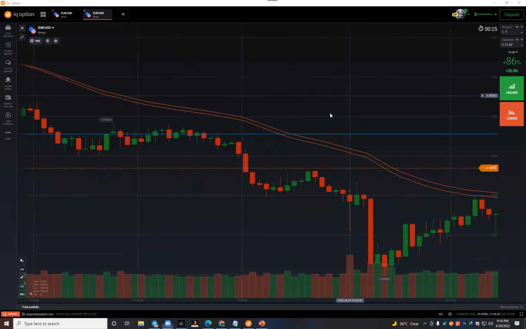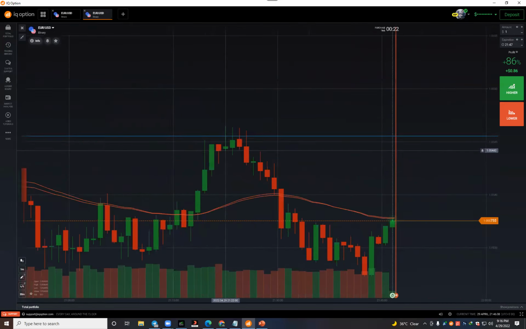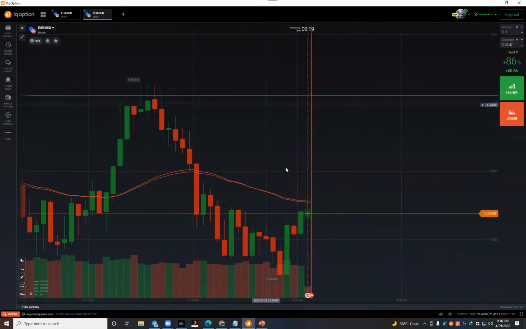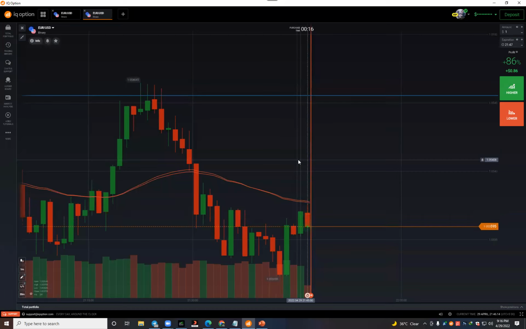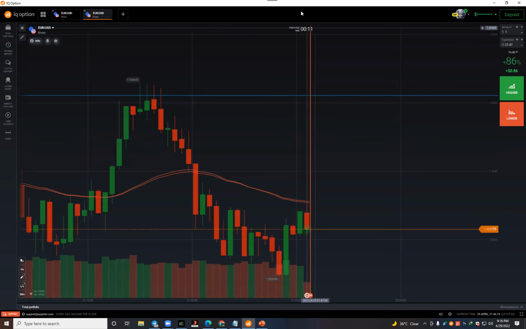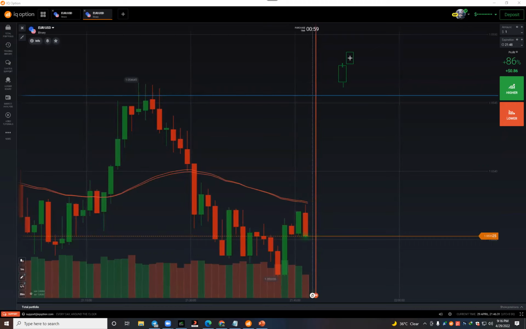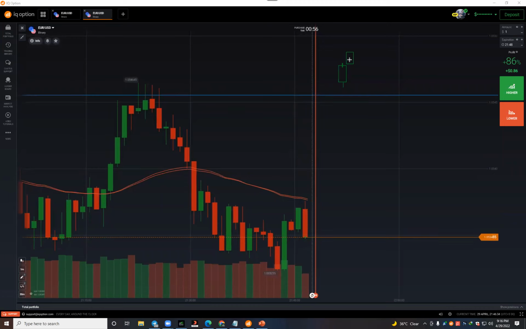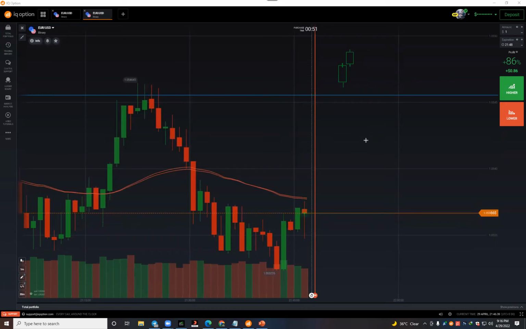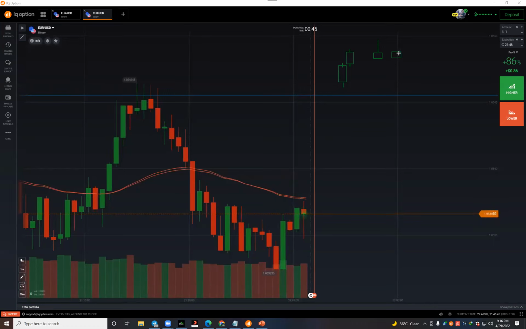Clear now? If there is no wick, then that will be strong, because it's a bullish candle. A bullish candle is also strong. But the small body doesn't matter. This candle is a Marubozu candle, for example. So a Marubozu candle, even if it's a small candle, does not mean this is a weak candle. It's strong. If it has a small wick, it's a bullish candle. But if it has an upper wick, then it's weak. If it has both wicks, it's neutral.